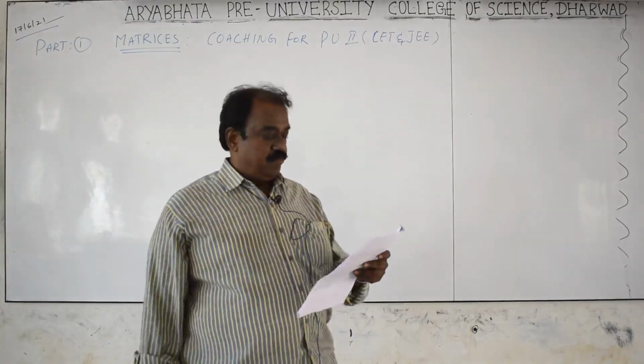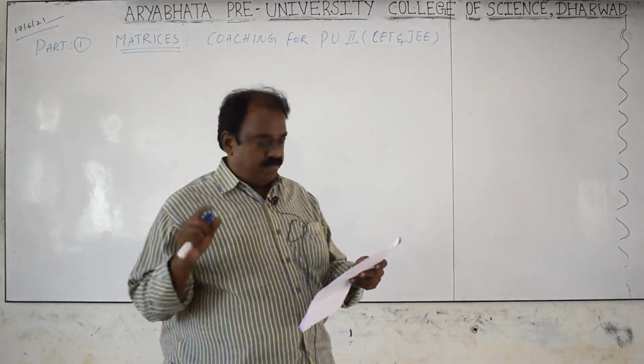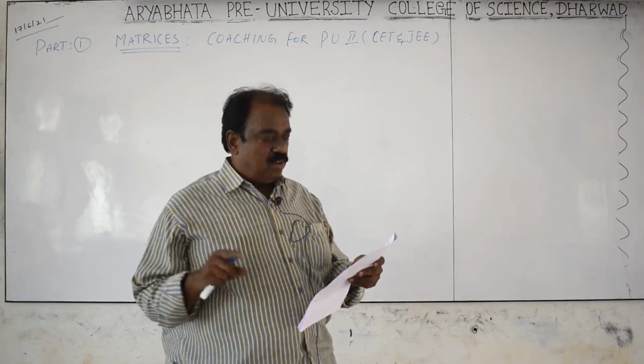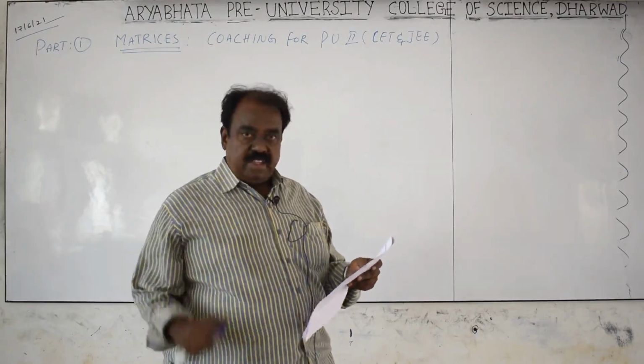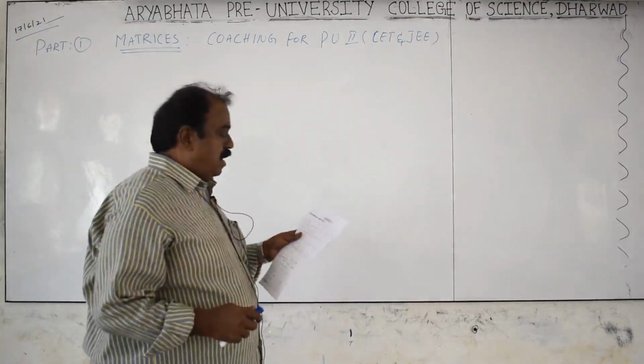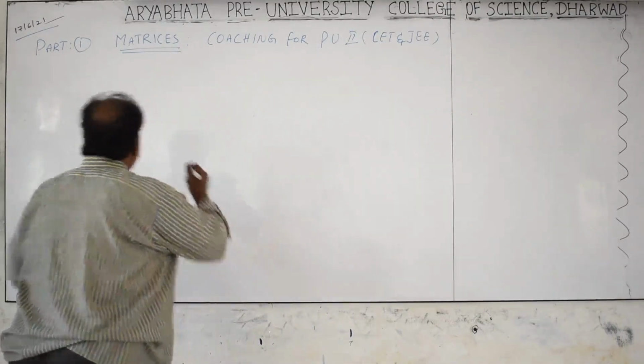Okay? Number 1. Capital A is equal to [a, b; c, d], a 2 by 2 matrix. Capital I is the identity matrix [1, 0; 0, 1]. Then A square minus (a plus d) A, minus (bc minus ad). I will write it now. The first question.